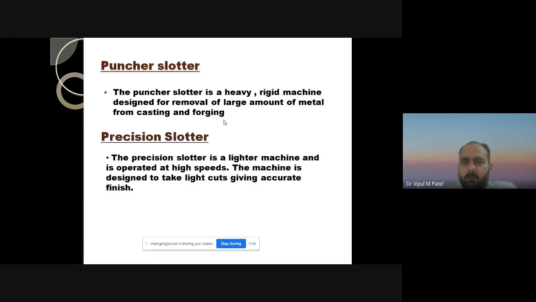If you want to operate on a heavy workpiece with a rigid machine, specially designed for the removal of a large amount of cast or forged metal, then we use this type of puncher slotter. It is a very heavy duty machine tool, a rigid machine, specially designed for the removal of a large amount of metal.